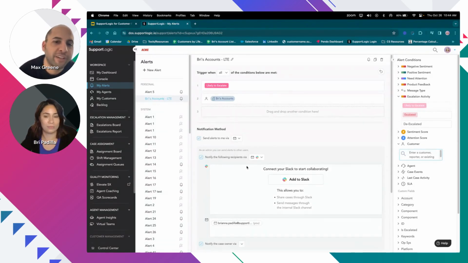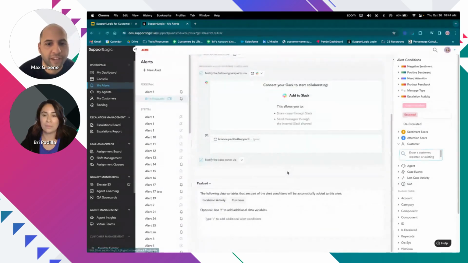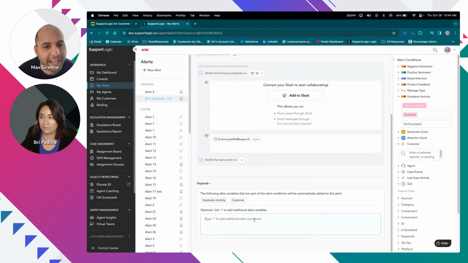If you scroll down to the payload section, right in the center of the alert. Yeah, scroll down here. Yep. What you'll see down here under the payload section, if you want to add additional context to the alert, you can click into the payload section. And if you'd go ahead and do that, Brie, just click into where it says optional and add a //